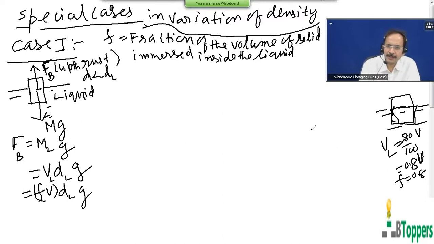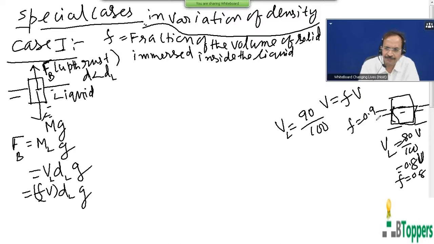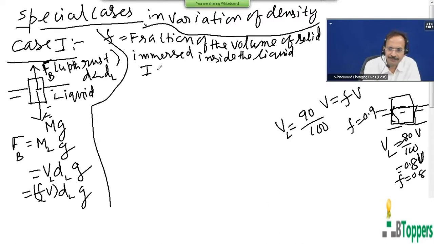Suppose in another problem you are given that 90% of the volume of the body is immersed below the surface of the liquid. That means if the solid floats in the liquid with 90% of volume immersed inside the liquid, then the volume of the liquid displaced, you can write, is 90% of the volume of the body, or we write F into V. Here F is 0.9 or 9/10. So F represents the fraction of the volume of the solid immersed inside the liquid, and V is the volume of the solid. So when the body is floating in equilibrium